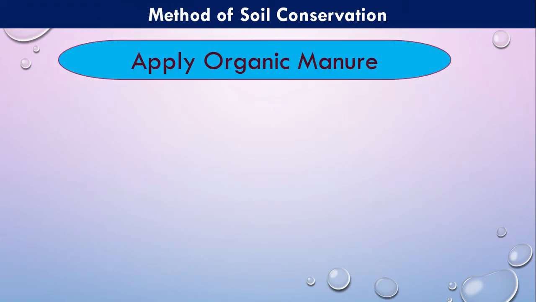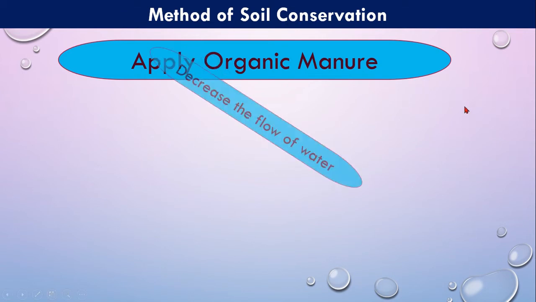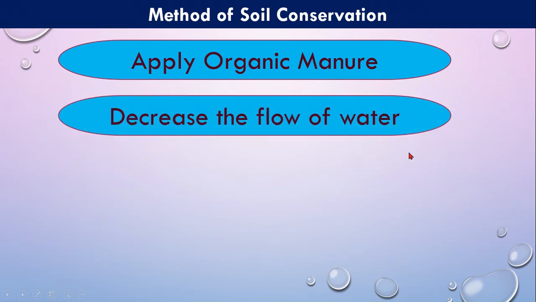Apply organic manure, for example different types of compost fertilizer or biofertilizer. If we apply that, it will easily conserve the soil. Decrease the flow of water. When heavy rainfall or flooding occurs in the land, the water goes from sloping land to lower